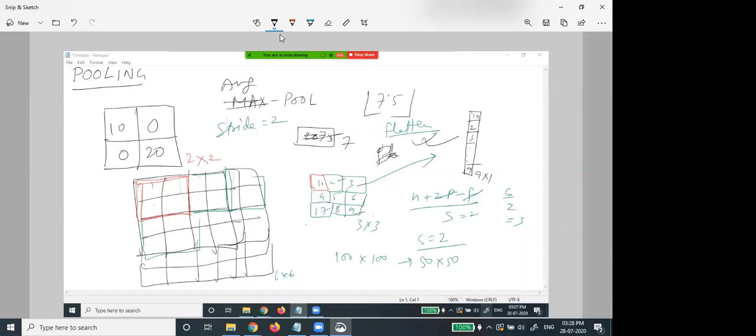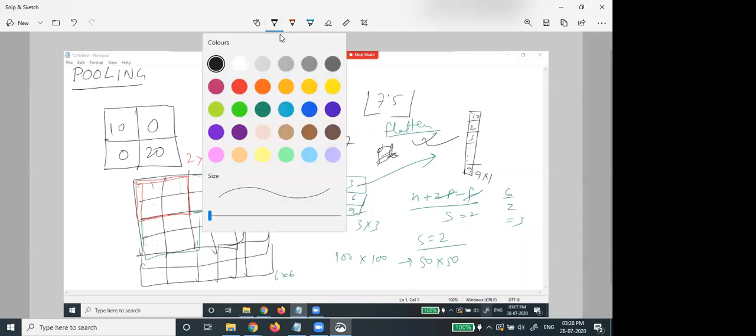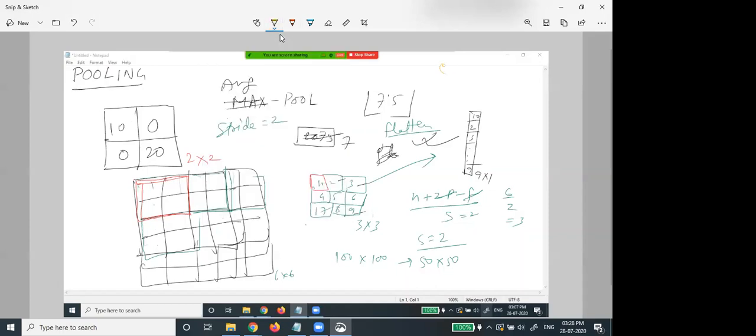So there are 3 major operations. I am just repeating them: convolution or conv, max pooling or average pool, and flatten. Sometimes in the program we will write dense. Dense means full connection.